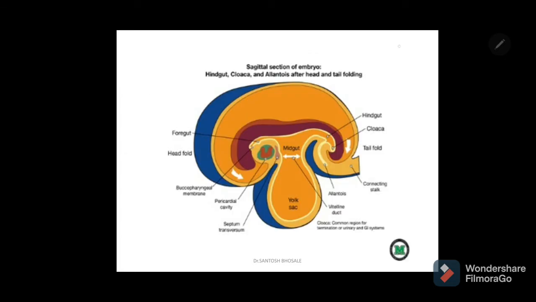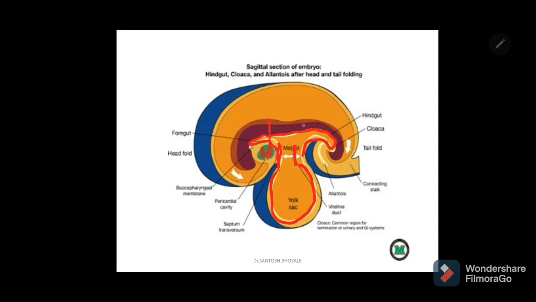So already you know, due to the head and tail fold and lateral folding, the dorsal part of the yolk sac is contained within the cylindrical embryo, and it communicates with the extra-embryonic yolk sac. So the yolk sac becomes a narrow cavity. It has now become an internal yolk stalk, and it also has an external yolk sac. This is the external yolk sac, this is the narrow yolk stalk, and this is the dorsal part of the yolk sac.